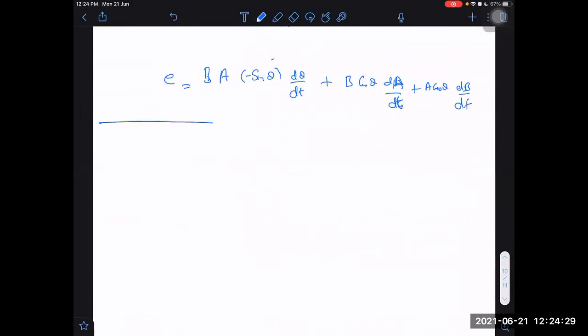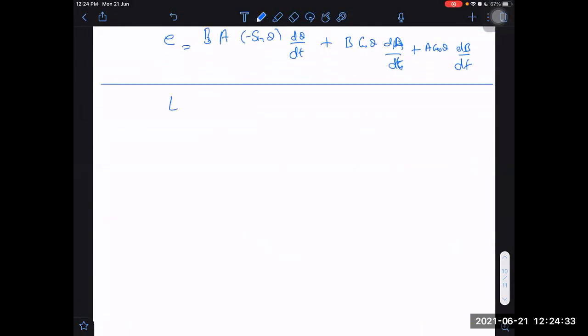So now I will tell you Lenz's law, which will really simplify things a lot. We don't have to care about signs. Whenever we are using Faraday's law, I will use it magnitude wise, because I will use a separate law, which is called Lenz's law, which separately tells us about the direction.